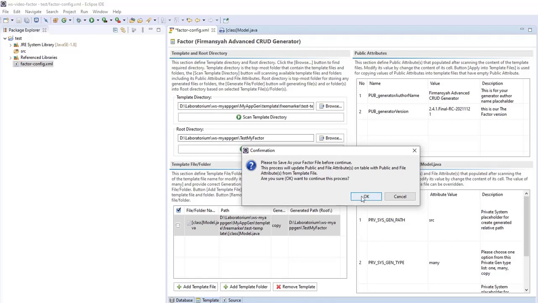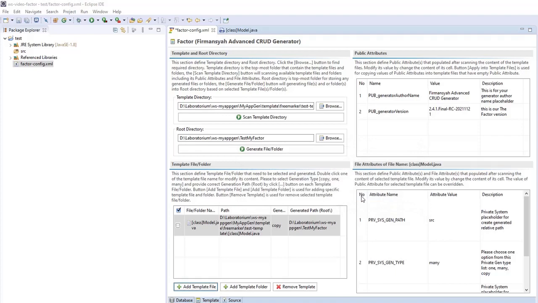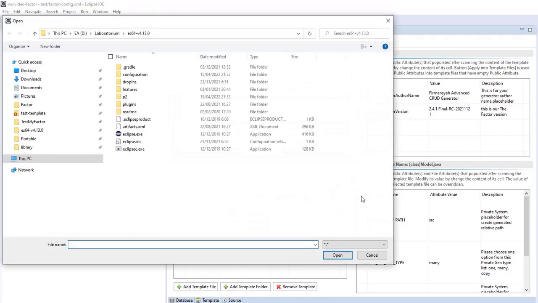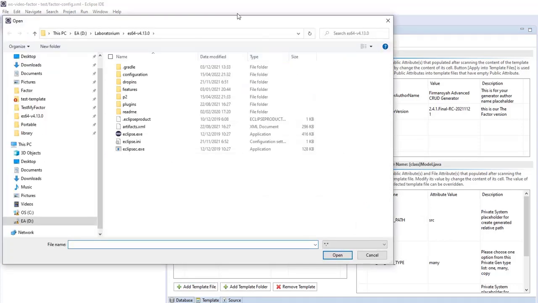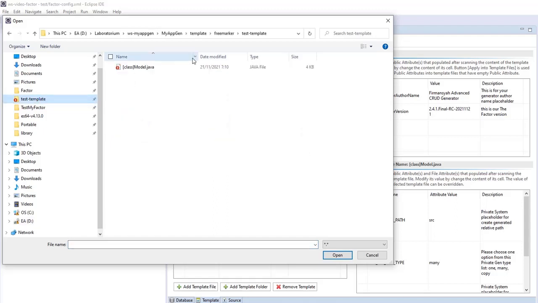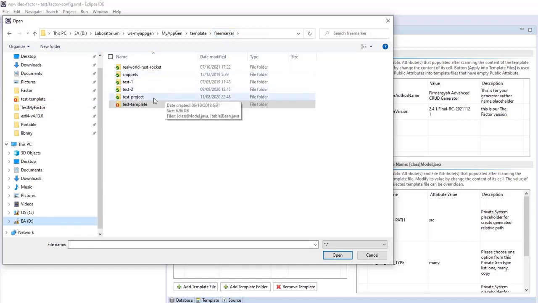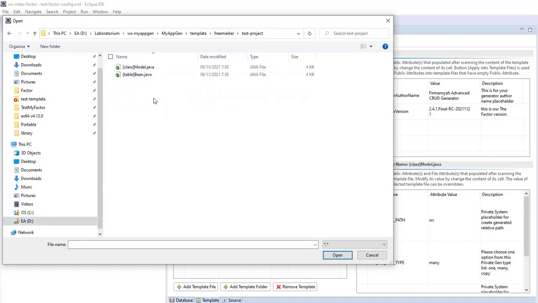Okay, click OK, and then the Windows Explorer opens. I want to find the file in here. Okay, maybe in this folder. Okay, this one. I want to add an additional file.